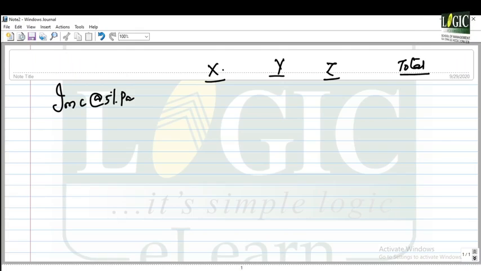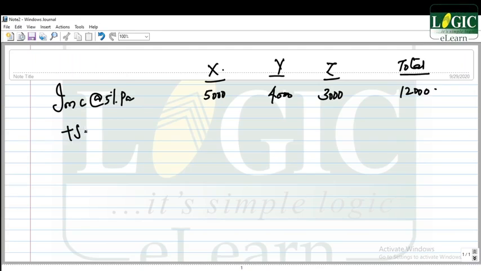So it will come around 5000, 4000 for the next person because 80,000 is his capital, and for Z 60,000 is the capital, so 3,000, totally 12,000, right? Salary is something payable by the firm to the partner, salary of 1000 per annum, so add 1000